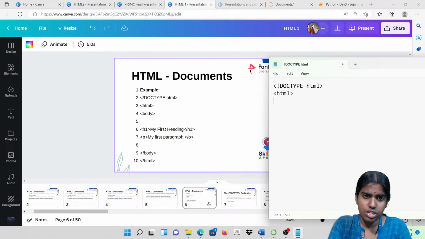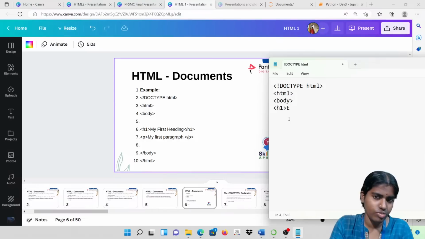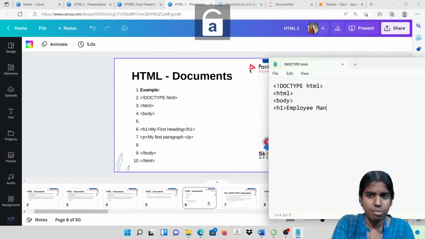Inside this, if I want to write some HTML document, I can go for this body tag and H1. If I want to print some H1 header, for example, I am saying employee management system, or whatever you want, I'm collecting employee details. I'm just giving the name as employee management system. Whatever the heading is, I can give here.